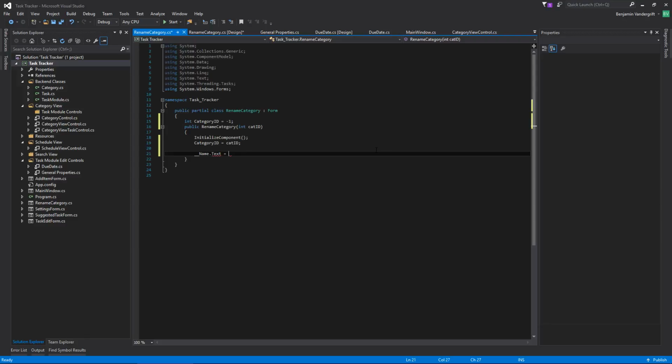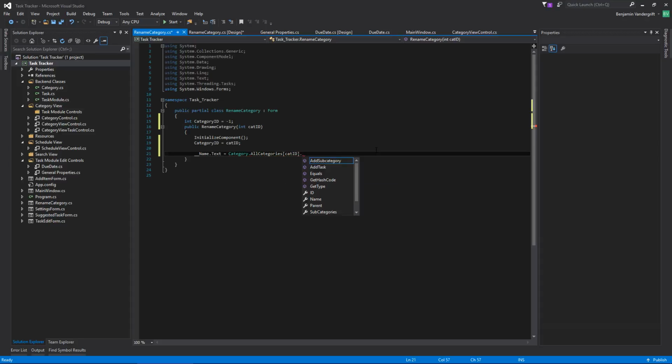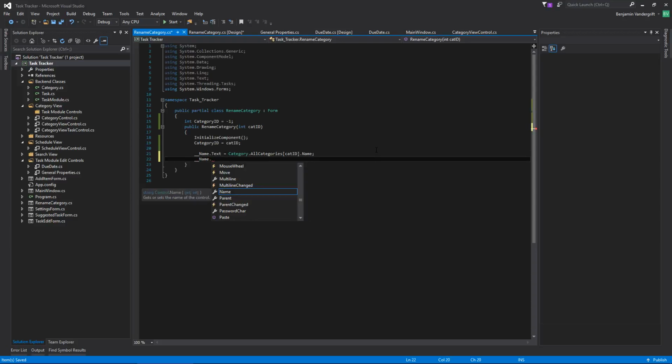Name.text equals categories. Category dot all categories. Cat ID dot name. There we go. So we'll go ahead and grab that, and then name dot